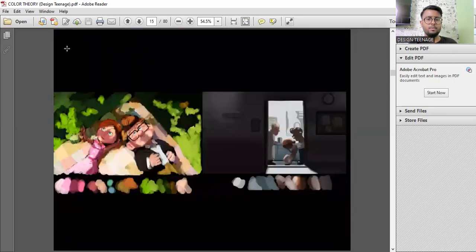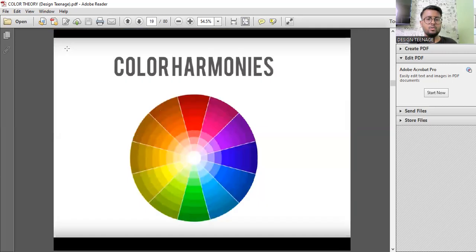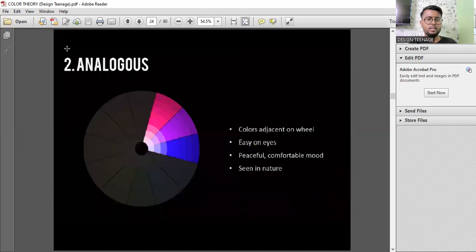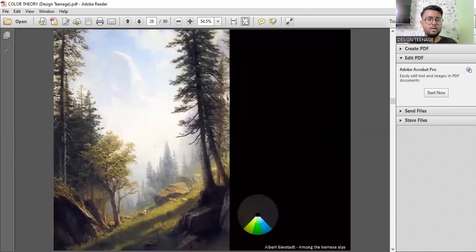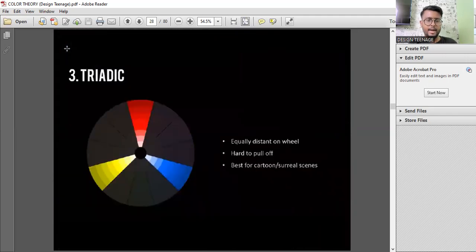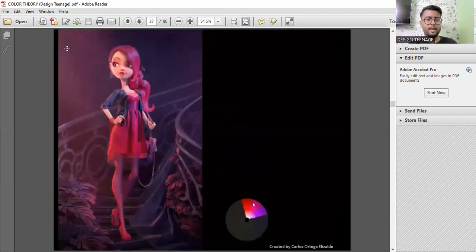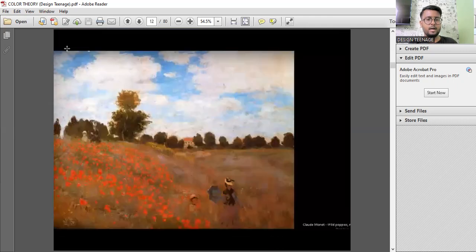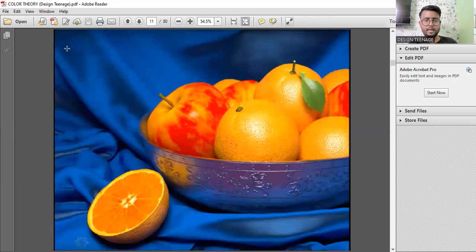Here are some of the other compositions as well, and it goes on and on. But before going into all these things, we will see a different one. What is this? Analogous. Okay. Next, if we move on, triadic. Now, if we go back, what is there in triadic? Blue, yellow, red. Are these a combination of similar kinds of colors? No. So this is a triadic color scheme that is being used over here. You might not know. It is not natural for you to know out of nowhere.